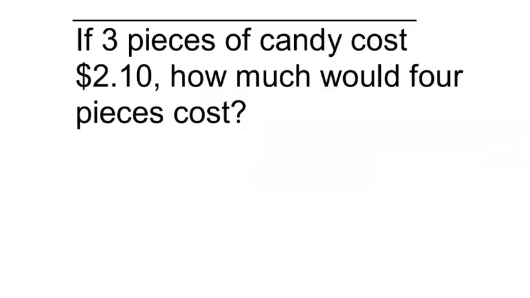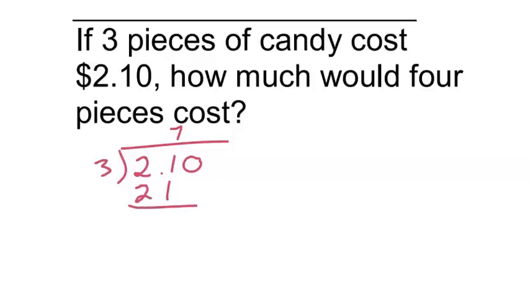If 3 pieces of candy cost $2.10, how much would 4 pieces cost? Oh, so we're going to have to find out how much each piece costs on its own. So if $2.10 is the cost for 3 of them, let's divide 3 into that. How many times does 3 go into 2? It can't. How many times does 3 go into 21? Well, 7 times, right? 7 times 3 is 21. Bring down the 0. How many times does 3 go into 0? 0. So basically what we're finding out is 1 piece of candy, if 3 pieces cost $2.10, then 1 candy